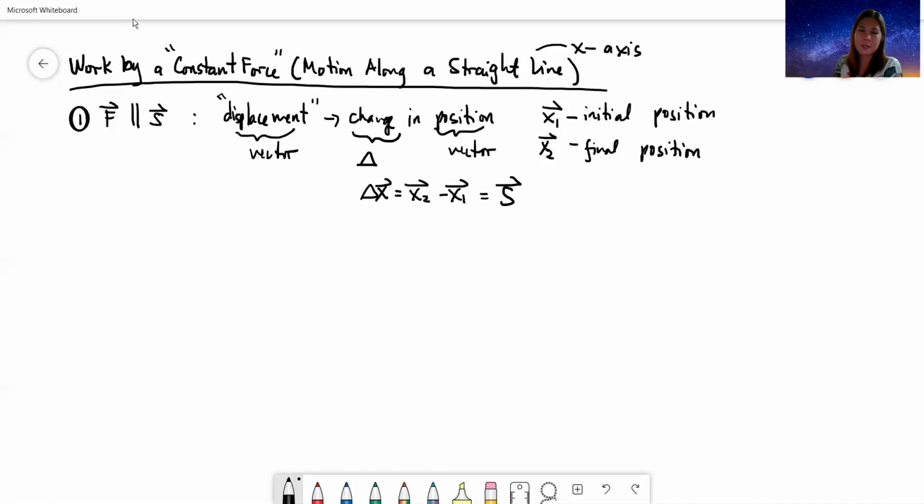Okay? Pag nasa y-axis tayo, the y sub 1 is your initial position along the y-axis, and then we also use y sub 2 as the final position along the y-axis, and then we say that the change in the y position is equal to final position in the y-axis minus initial position in the y-axis. And then we can also refer to this as S. So what I'm trying to say is, si vector S, yan yung generic symbol natin for displacement. Okay, nakuha ba? Let's continue.